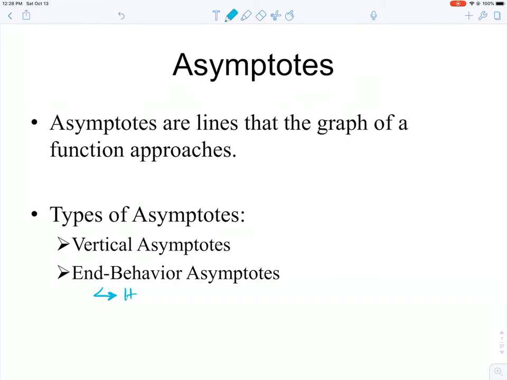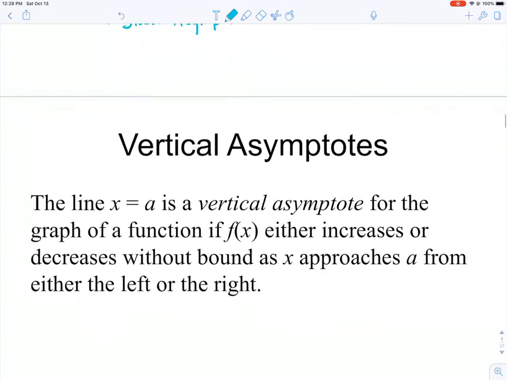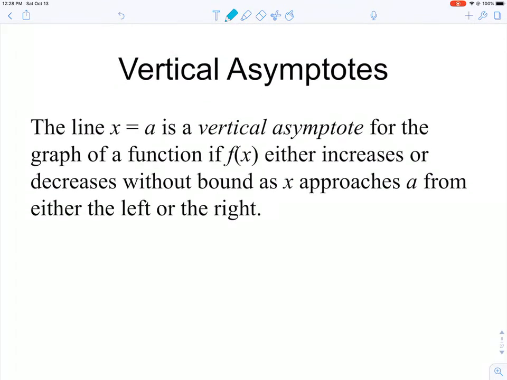So you can have horizontal asymptotes, or one type of end behavior asymptote, and then slant asymptotes. Okay, so we're going to first talk about vertical asymptotes, because vertical asymptotes are what the other domain, the remaining domain restrictions